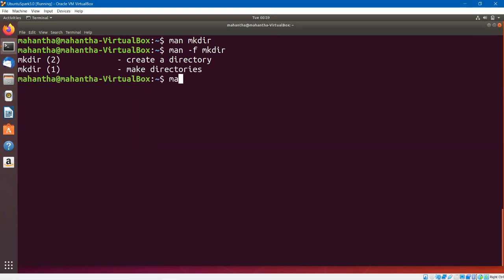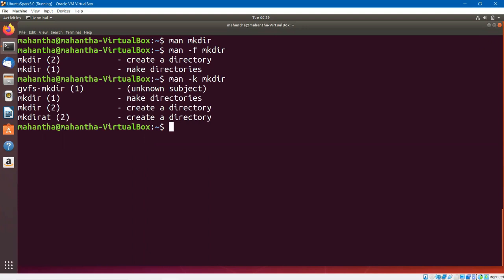And the next one is man -k mkdir. Okay, this mkdir command is there in all these manual pages. Man -k in a way searches this mkdir as a regular expression in all the manuals available in this particular